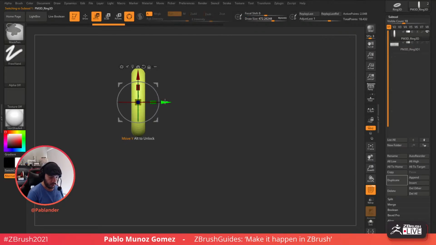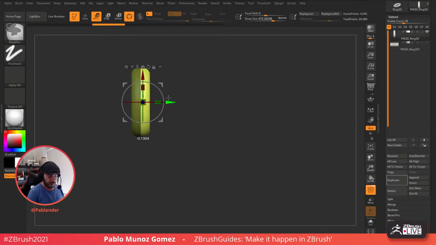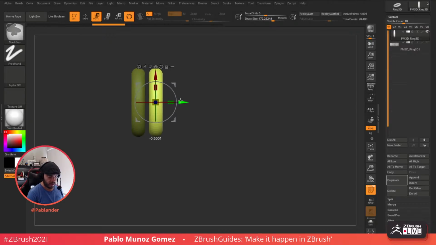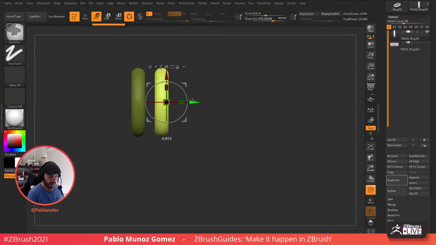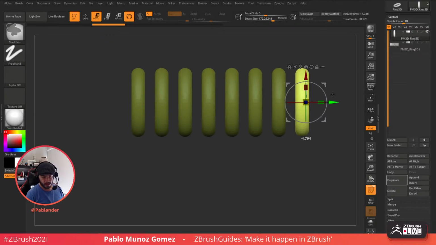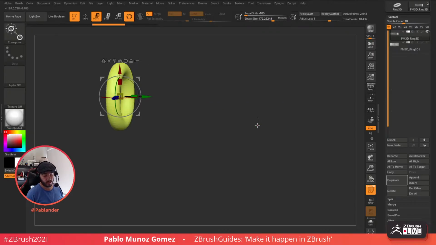If you hold Control and click and drag to duplicate, right? You can duplicate just with holding Control in the gizmo. If I'm holding Control, by the way, still. So if I let go of Control, but I don't let go of my click, I can keep doing this, let go of Control and keep doing this, ZBrush, you can do this basically. So it is very similar in that sense. Obviously, this is like a quick way to generate this type of things,